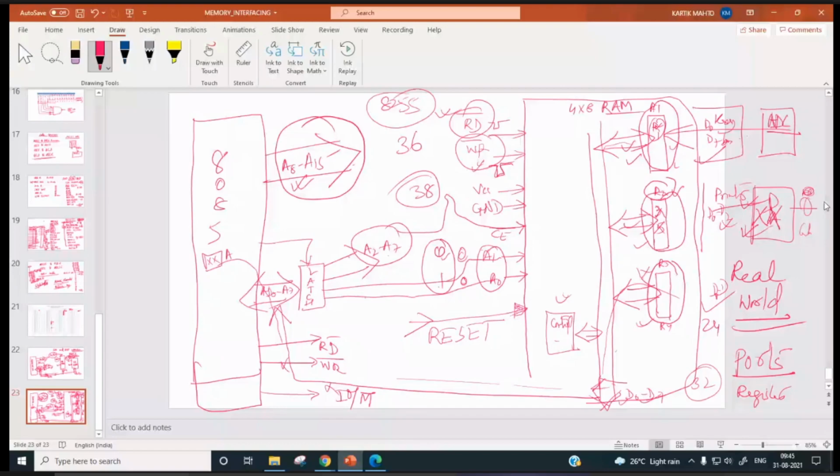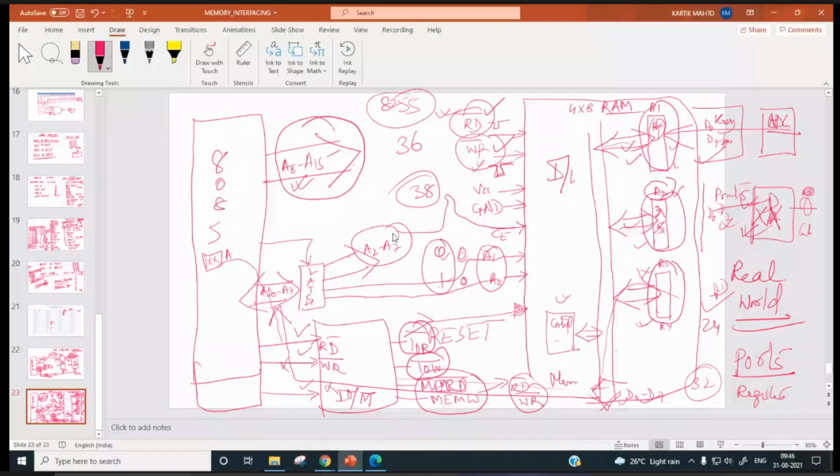So these are going to generate what? IO read, IO write, Mem read, MEMR, MEMW. These two, MEMR and MEMW, will be going to read bar and write bar of memory chips, while IO read and IO write will go to read bar and write bar of the IO chip, right?